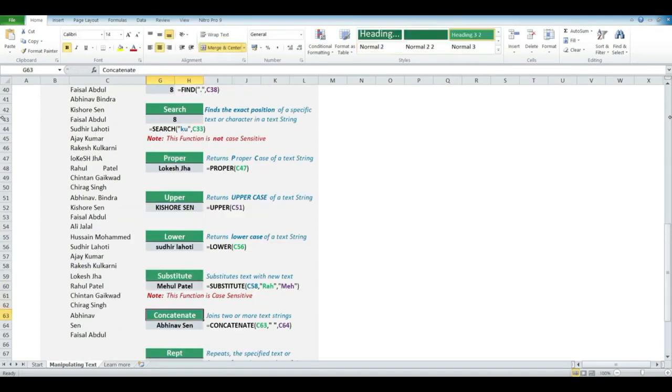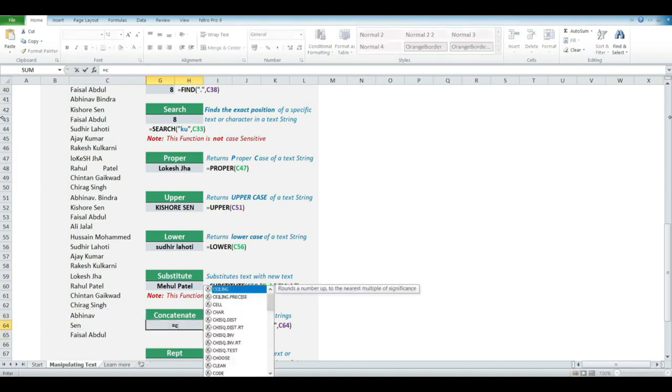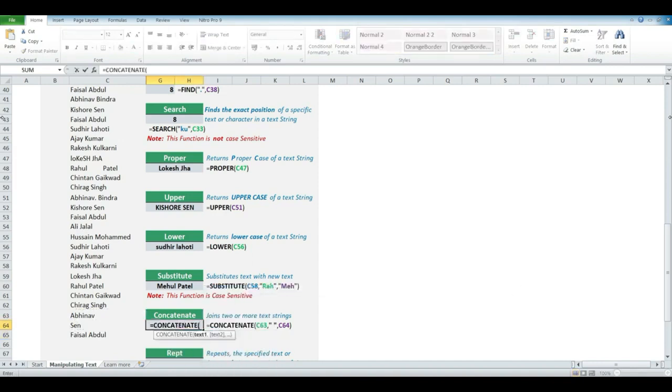Concatenate. This is a very important function. So let's say we have first name and last name in separate columns or separate rows, and if we need to join them together, we use the concatenate function. We can also use the & function, is equal to select the cell and this, enter. This also joins it. Or we can use concatenate function, concatenate,